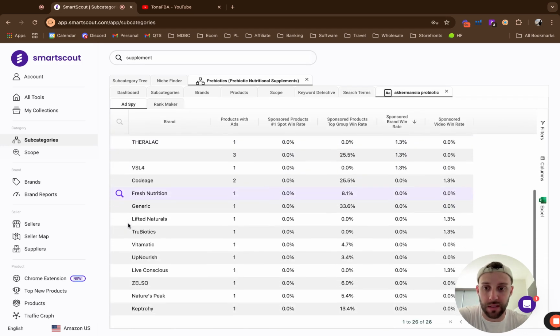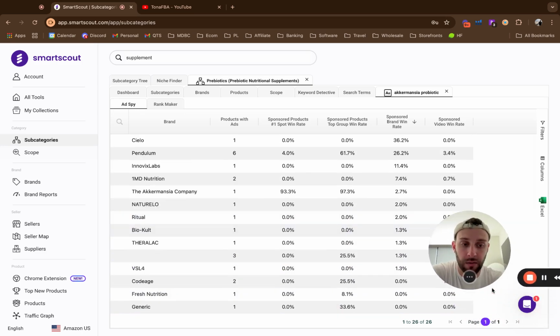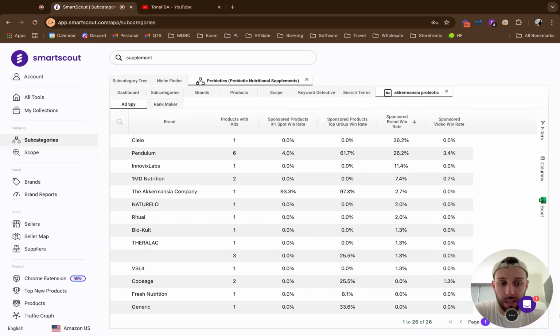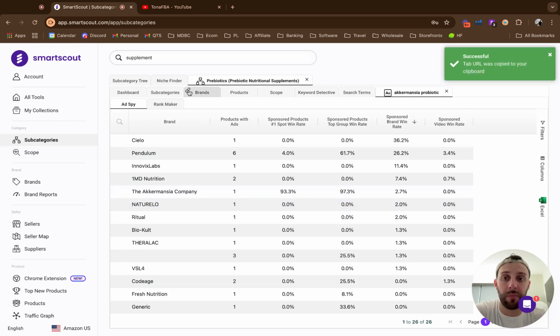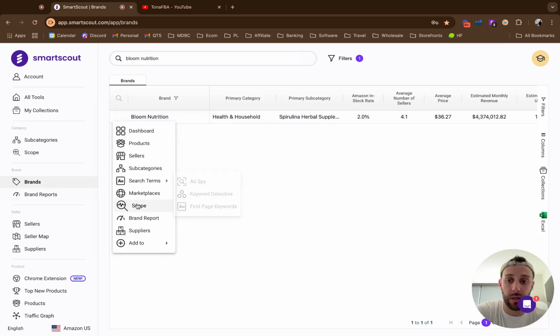I don't even know what these keywords are, but this is the research you'd be doing day in and day out. And this is what's going to basically make you validate that product idea. Because at the end of the day, if you're launching on TikTok, that's great, but you do want to know what the Amazon data is like as well. Even if you're launching Amazon second or if you're launching at the same time, you do want to know this because if you're going to be competing against brands like Bloom, like I said, that have $7 a click for certain keywords,